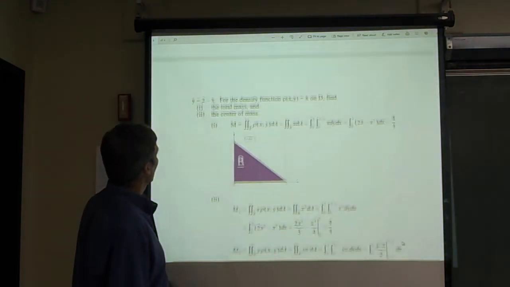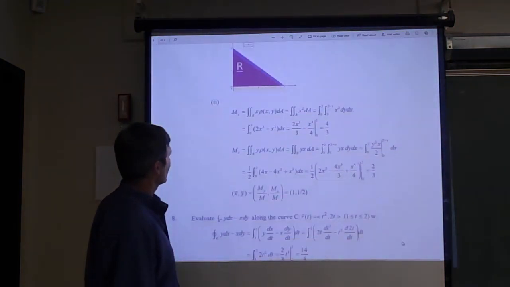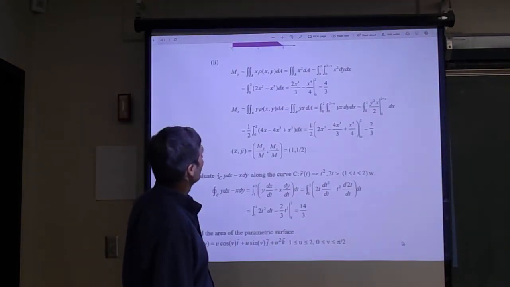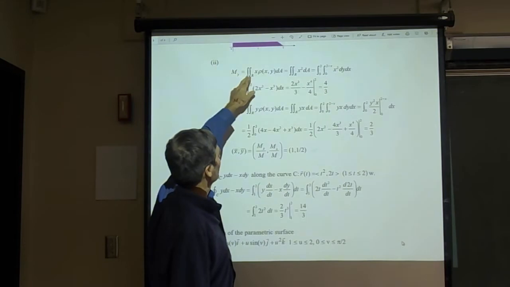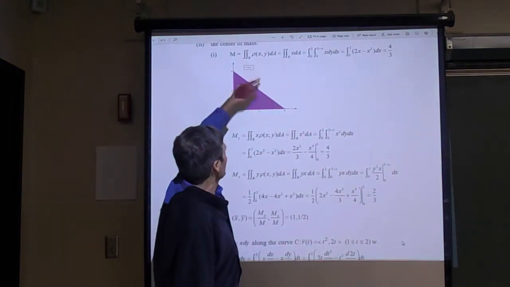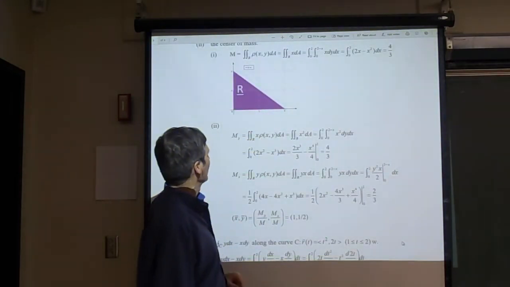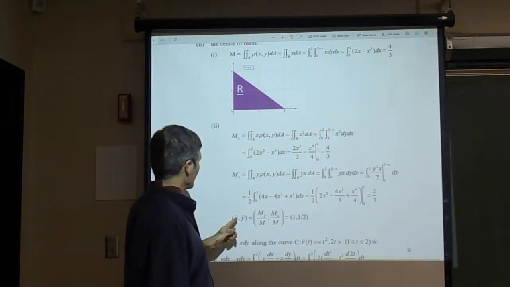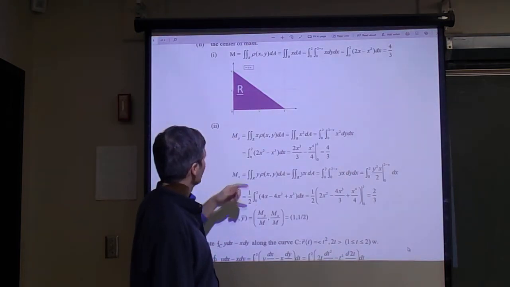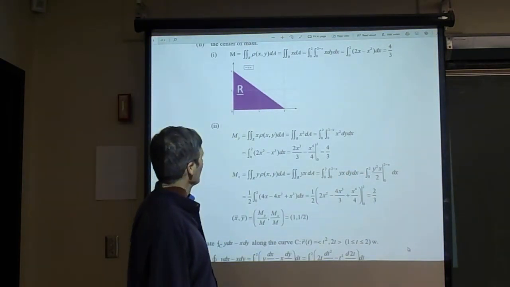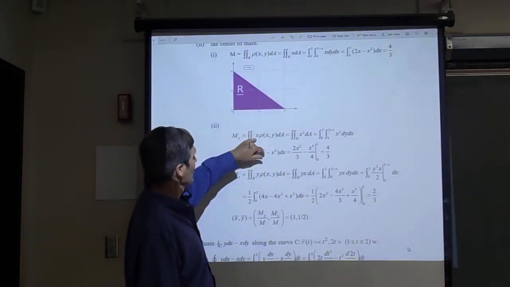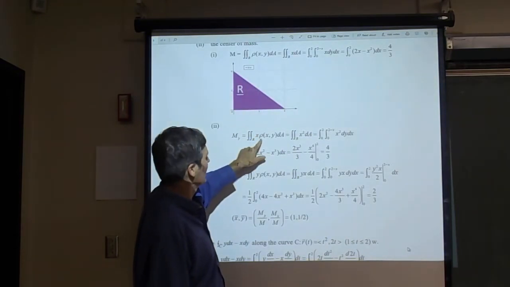Now the second part actually was to compute the center of mass. For the center of mass, you first compute the moments, mx and my. So you compute my by doing the same integral. It's exactly the same one you had up here, except you stick x in. That'll give you my if you put x in. But then it goes back, compute x bar, use my. So it's just this funny notation. It means this is actually the moment in the x direction at x equals 0, meaning at the y-axis. So double integral that you had up there with x stuck in,